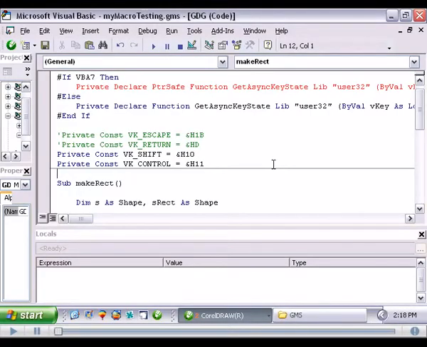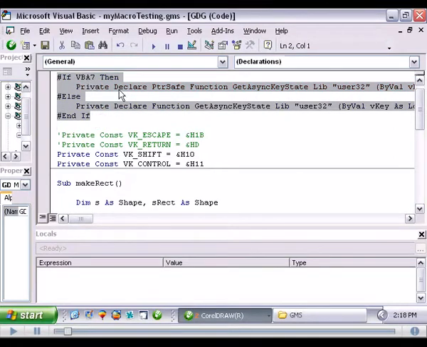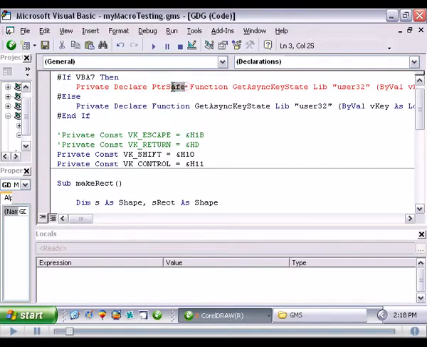We're back with the same macro again. This is the macro that makes the rectangle around a selected shape. We're going to add a little winAPI programming to it. This condition here is new for VBA 7. You're going to need to put this in front of your functions and subs